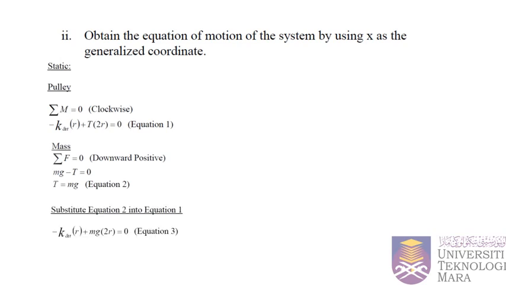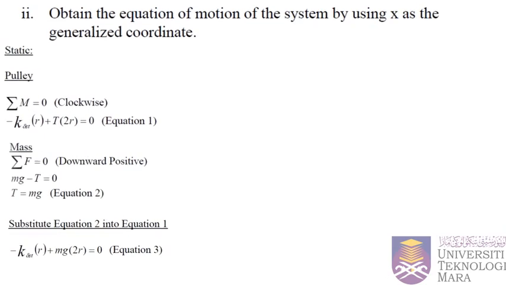State the pulley equation and also the mass equation using the moment equation and force equation, and then substitute equation number 2 into equation number 1, that will provide equation number 3, which is negative k delta ST R plus mg 2r equal to 0. Next, for the dynamic part, we need to